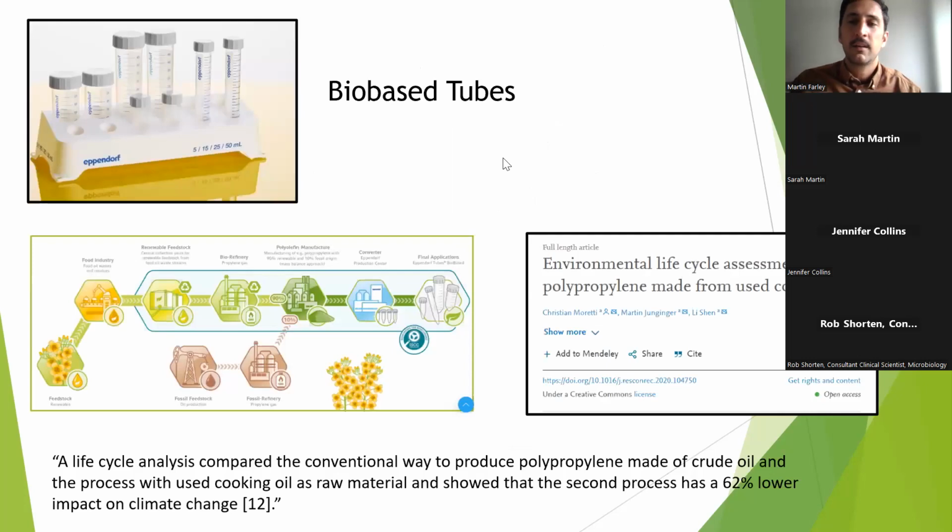Now, I'm going to give an example, show you a calculator we built in reference to these items, but these are, you know, single-use bio-based tubes. Here, a company was looking at the single-use tubes that we were using and is reducing the carbon associated with manufacturing them. So in a clinical environment, you can't really reuse these things, but you can reduce the amount of carbon required to manufacture them. So how do we do that? Well, that's kind of what I want to talk about.